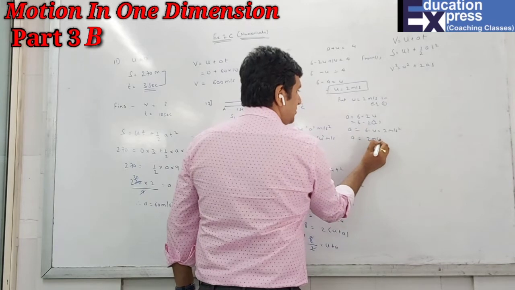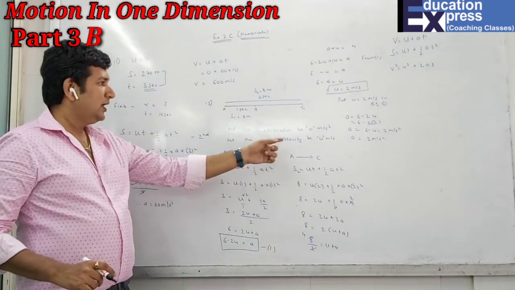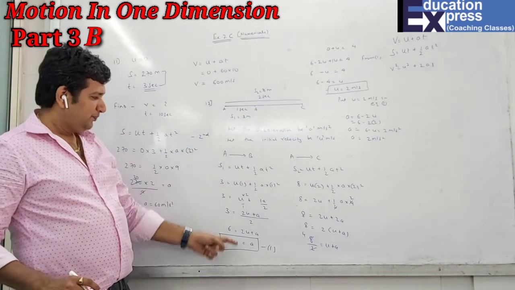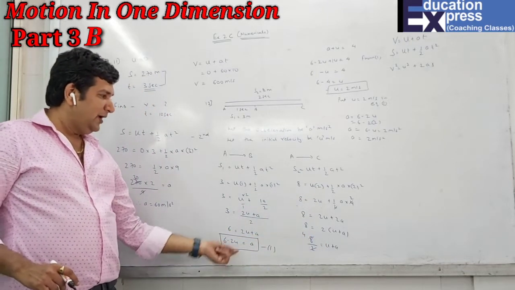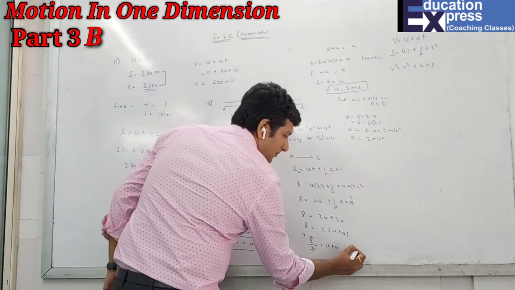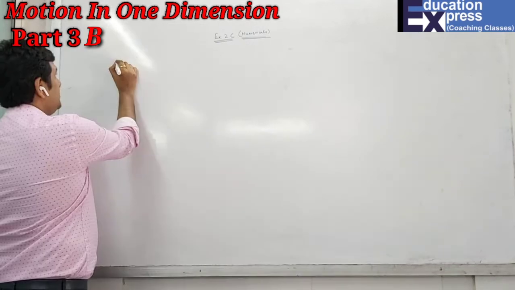So students, as I have told you, I have taken acceleration a because uniform initial velocity is the same from a to b and a to c. So first I found for a to b one equation, a to c second equation, and I substituted the value of a in equation 2 and I got the answer. If you want, you can write equation 2 over here. But in sum,